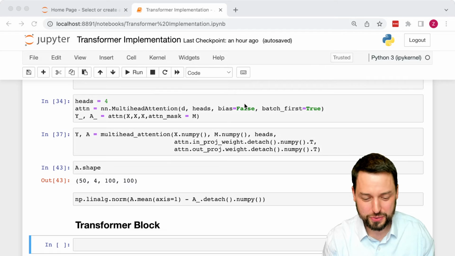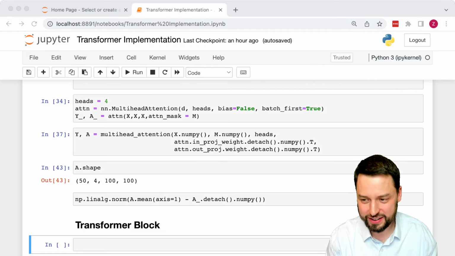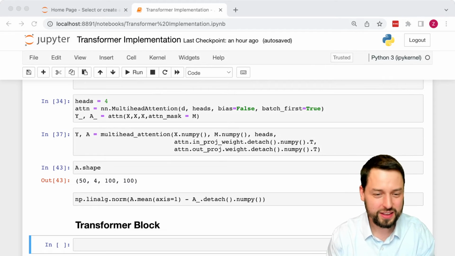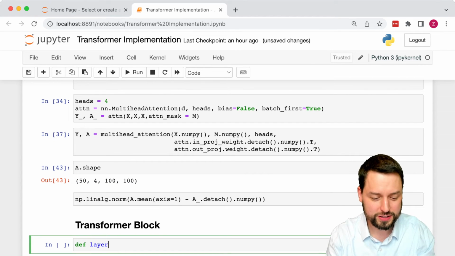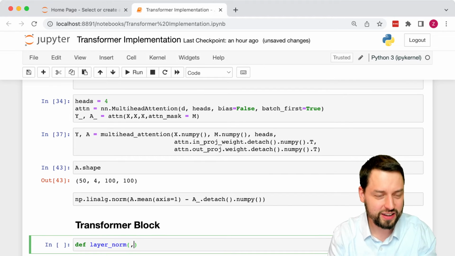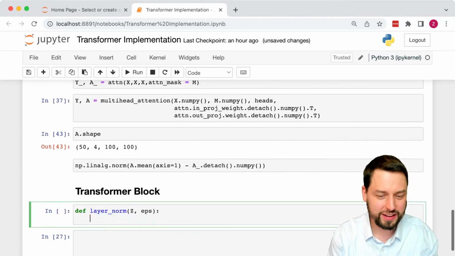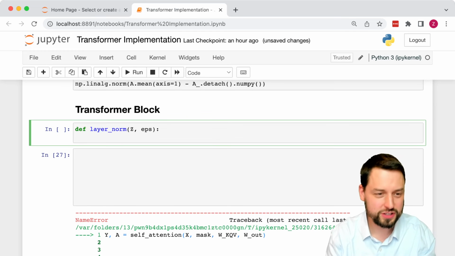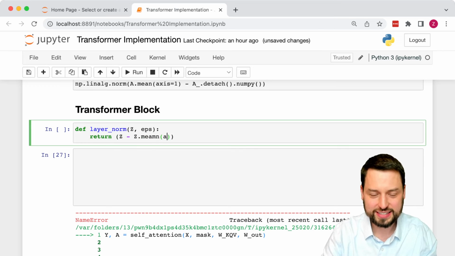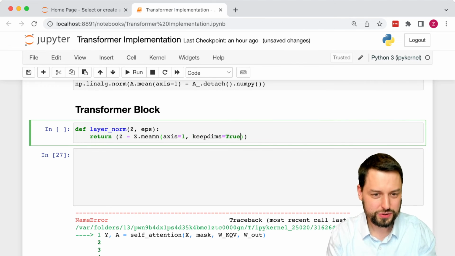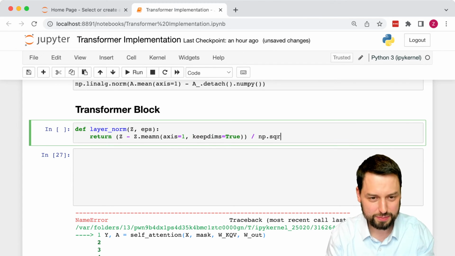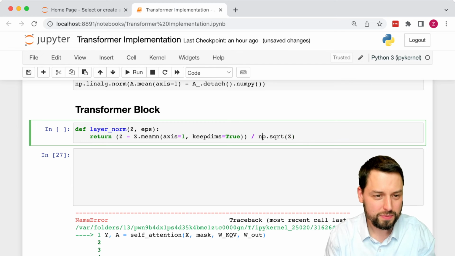All right, so we will have to implement the basic operations here, but we first have to implement a layer norm call. So let's implement our layer norm. I know we've already done this in Needle, but we have to do it again here. Let's do layer norm. It's going to return z minus z.mean against the last axis, -1, keepdims equals True, so it properly broadcasts. And then we want to divide by np.sqrt of the mean